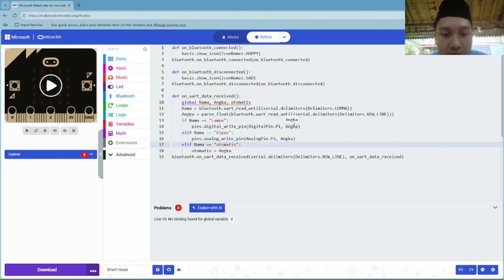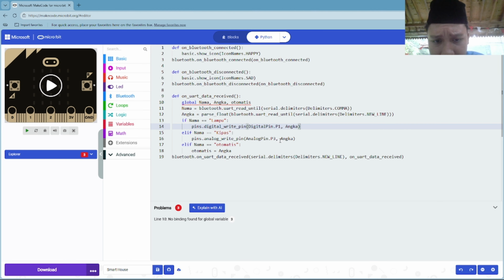So if a number already gets shown, later the number will enter the variable angka, and will get parse float, or get changed to be a float, not an integer again.